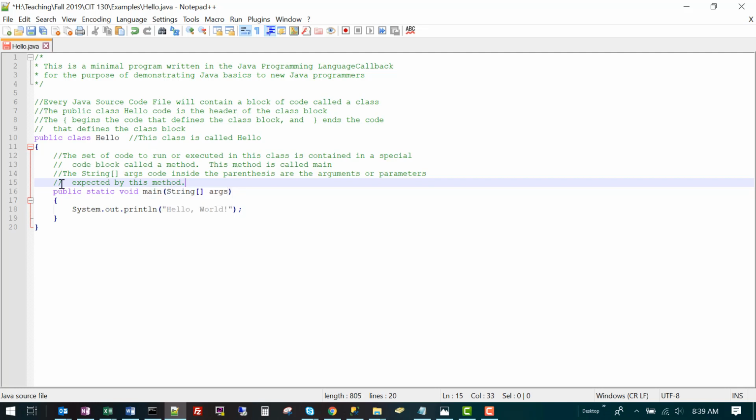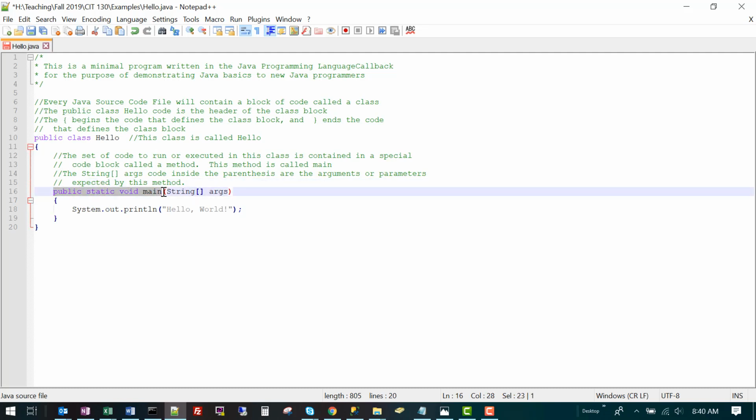For this time, we just need to know that public static void main, open parenthesis, String, square brackets, args, close parenthesis, will be the name of the method that we run all of our code inside of. You'll become very familiar with this. You'll repeat it in every program that you write throughout this course.